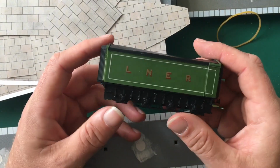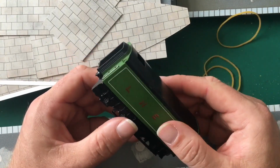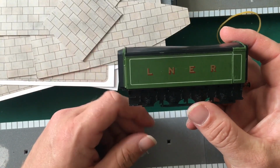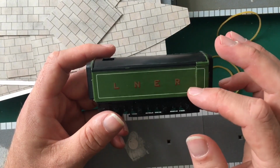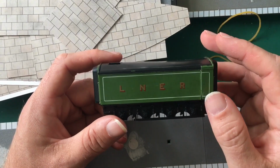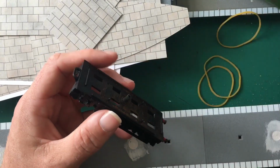But I've just test fitted it onto one of the two chassis, and you can see it does slip straight on. I'm going to put some filler in here. I'm going to do that, and then that can go and set, and that's going to take a while for it to set properly. But moving to the chassis,